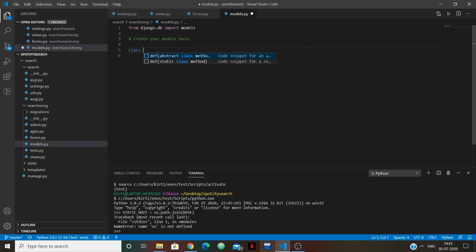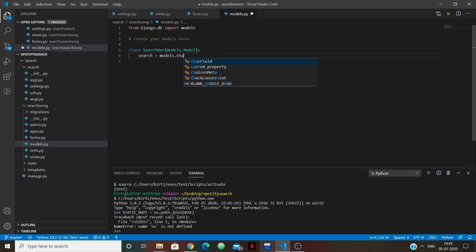Type over here class SearchBar, models.Model, and in this we are going to create a search variable which will be of type CharField. Because we are going to enter songs and artist names, these are characters, so we are choosing this CharField, and the maximum length I am putting as 250. You can increase or decrease it according to your convenience. Okay,